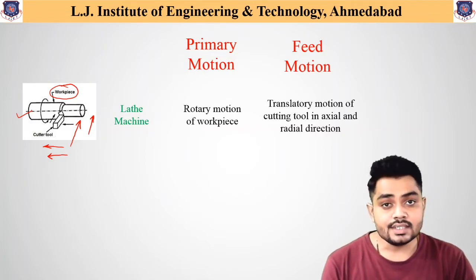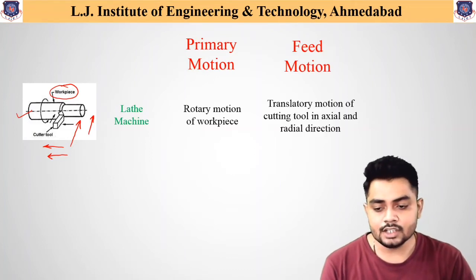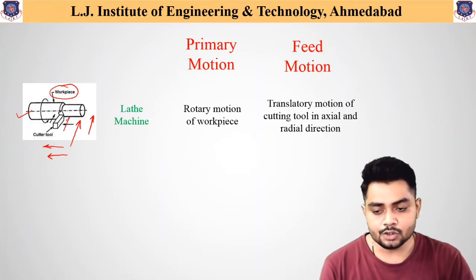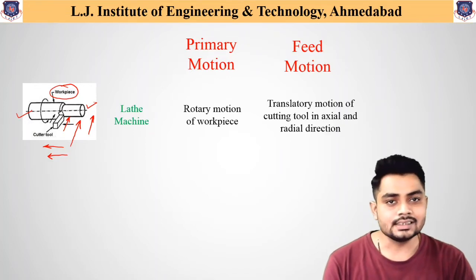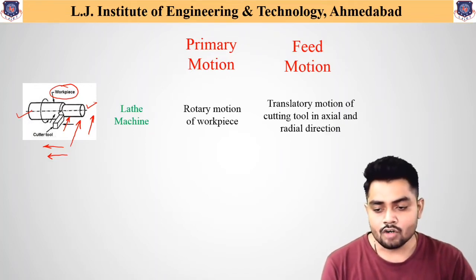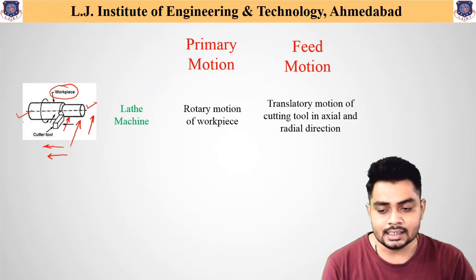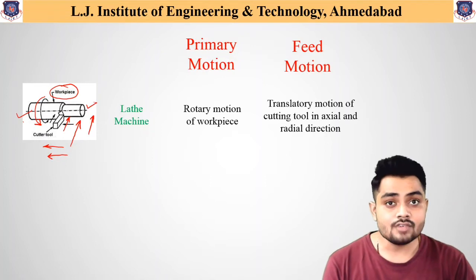So these are the two movements that are required for the tool. But now if we ask which is the most important movement for cutting purpose: if we just feed the tool, but the workpiece is not rotating, are there chances of cutting this workpiece? No, there are no chances. That means the rotary motion of this particular workpiece is the major requirement for cutting purpose. So in the case of the lathe machine, the first and foremost primary motion required is the rotary motion of the workpiece. And the secondary motion is the movement of the tool.